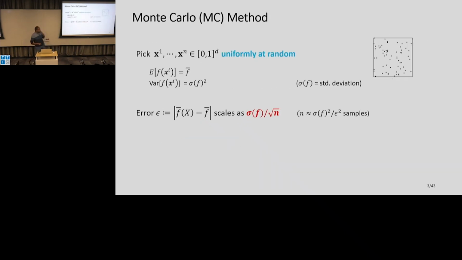So what do people do in practice? So there's one way which we all know, the Monte Carlo method. Just pick these points at random. Right? So each of your samples is an unbiased estimator of this mean. And we all know that if you take n samples, the error will scale as the standard deviation of f divided by square root n. Or in other words, the number of samples you need to get epsilon error scales as 1 over epsilon squared times the variance of the function. Okay, and the whole goal in statistics or whatever is to minimize the number of samples, because samples could be expensive. Also, if you're doing an experiment, it means more running time and so on.